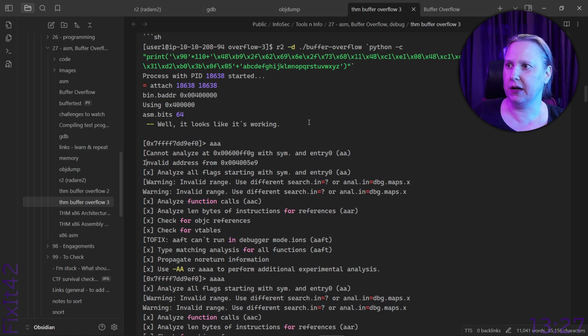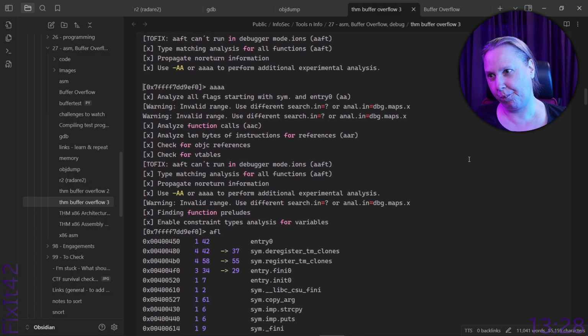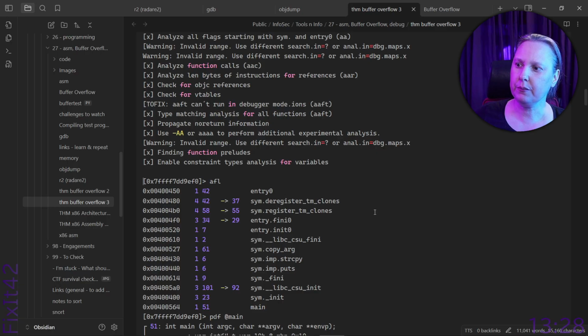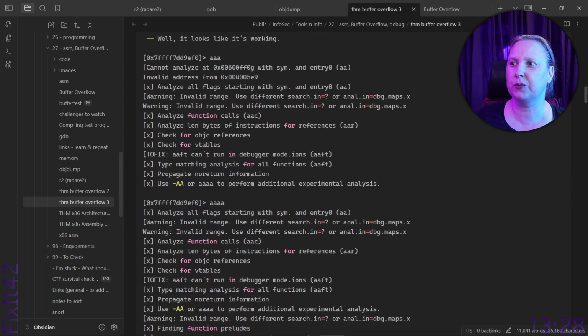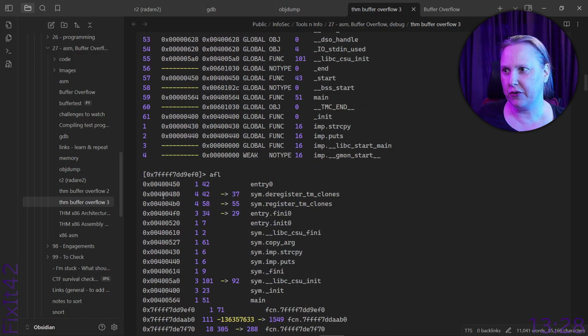So we have the AAA here. And then we did AAA. AFL. And if we compare this to the previous time there, entry on 400 and 450. Well, I guess you shouldn't read hex numbers like that, but it's quicker, right? And this is exactly the same, though this is another day.